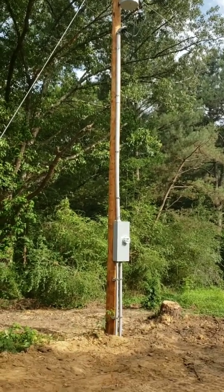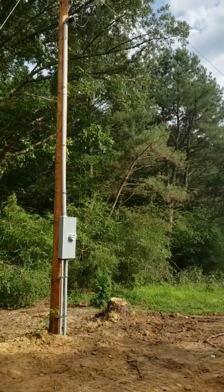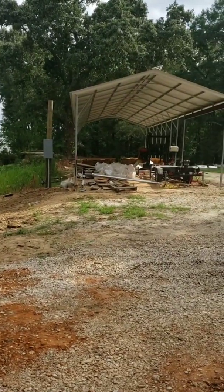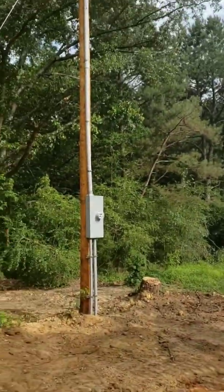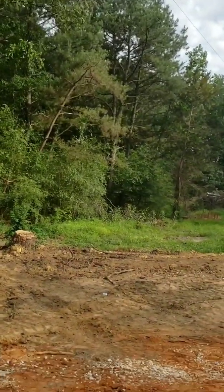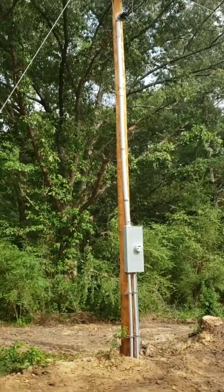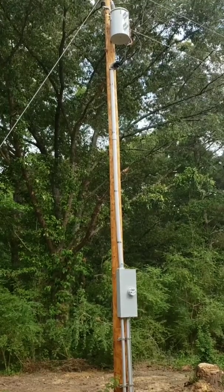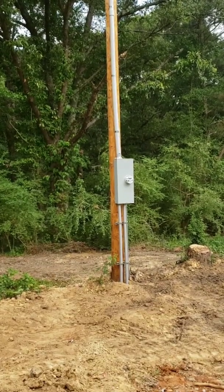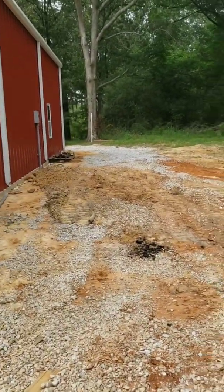Now they actually went from the top of the box up and did that themselves. We talked to the engineer. I originally said we was going to run rigid, but I asked him, would you rather have PVC, because that rigid's heavy as hell? And he said, yeah, they'd rather work with a conduit. So we went and got 3-inch conduit and put a 3-inch weatherhead on it, and they ran from there down, tied into the box, come out, went into the building,